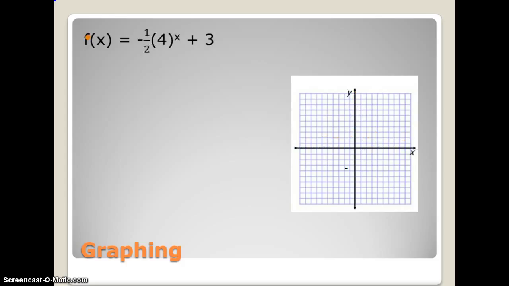One more graph is -1/2 times 4 to the x plus 3. Alright, again we have a transformation here, so we can look at just our parent function. So if you want to look at our different transformations, we know we're going to be going up 3, and we know we're going to be reflecting because we have a negative a value. Alright, so if we look at just our parent function, we can look at -1/2 times 4 to the x. And if we plot some points,